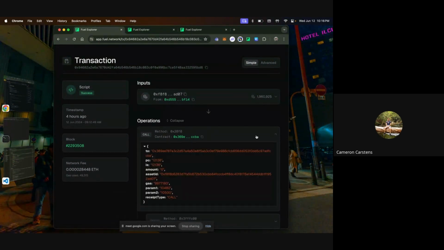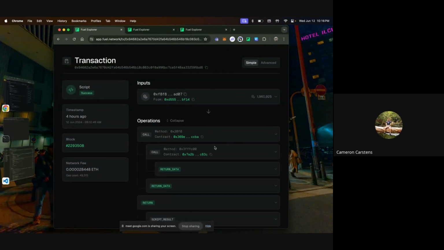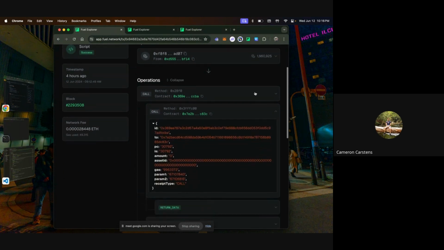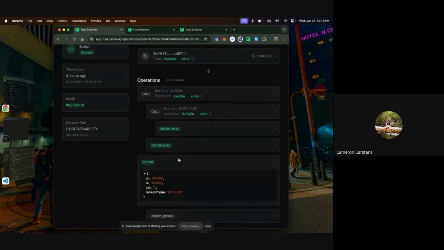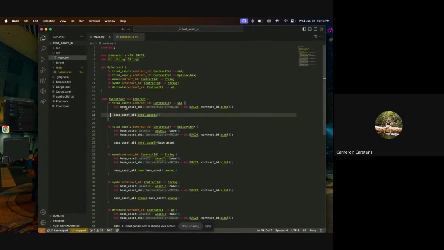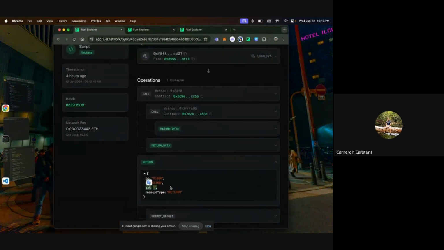So we have one call to the main contract and to the base asset contract. And then I think I called here the total assets function. And because the base asset, there's only one, you can see here the value returned is 1.